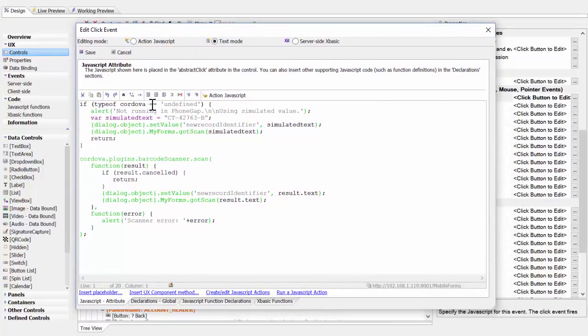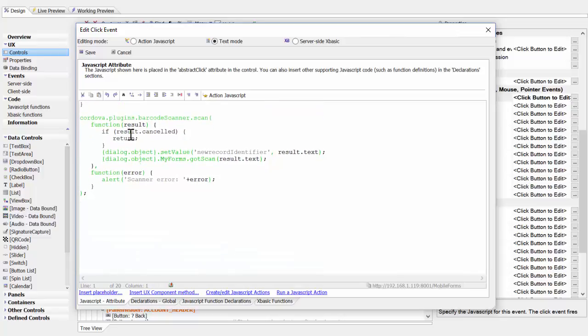If Cordova is undefined, that means that you're not running in PhoneGap. So therefore, we used a simulated value, and we may have seen that before. We did a scan of the simulated text, whatever the person typed in. And if it's nothing, then it's got a default. But if